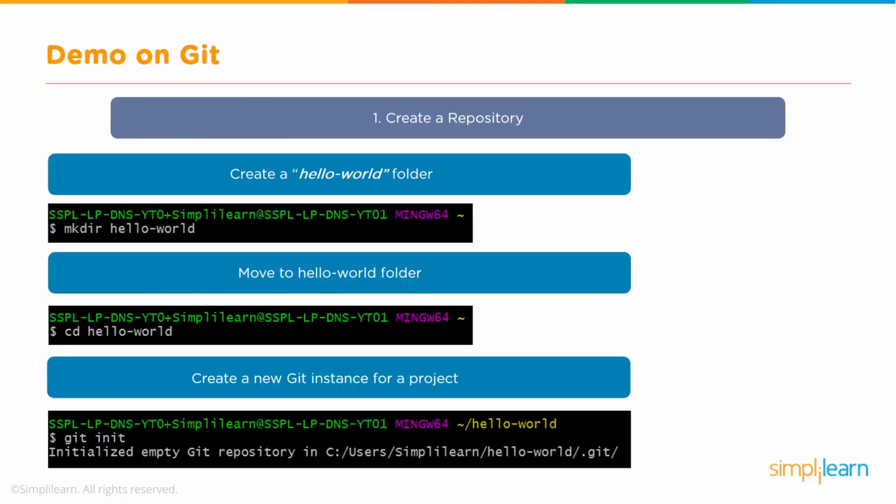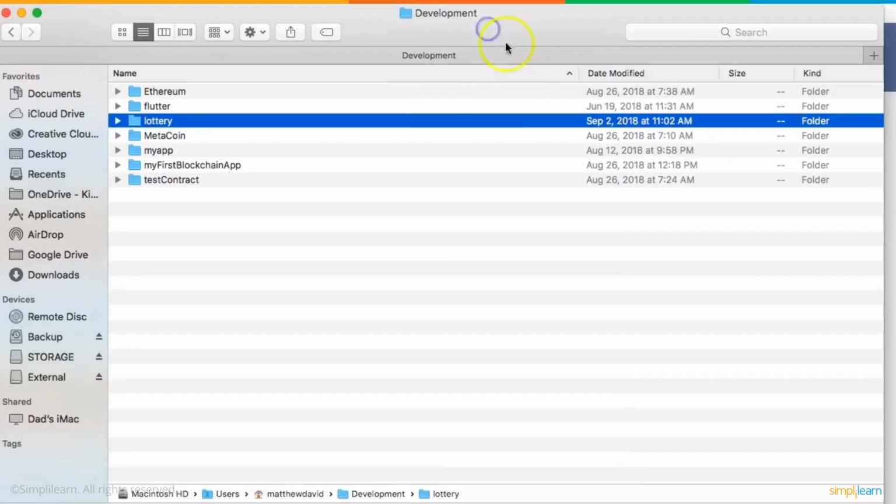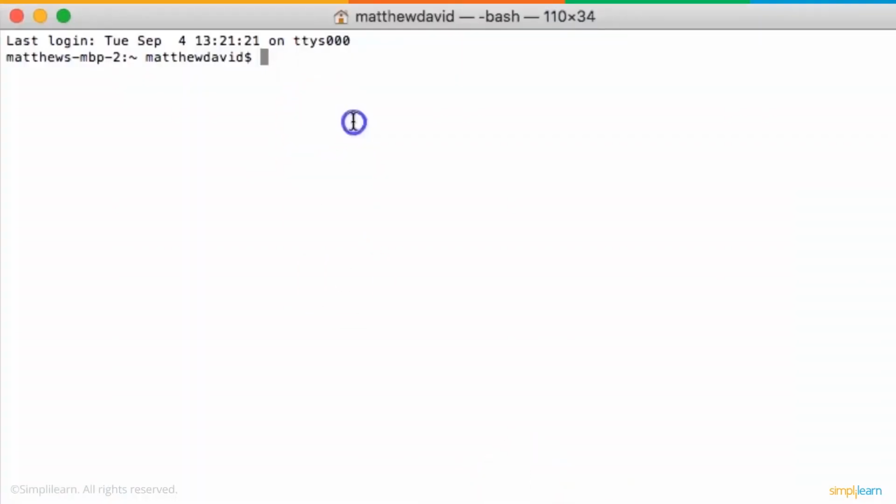So the first thing we want to do is create a local repository. So let's go ahead and do exactly that. The local repository is going to reside in my development folder that I have on my local computer. And for me to be able to do that, I need to create a directory in that folder. So I'm going to go ahead and change directory. I'm actually going to be in that folder before I create the new folder. So I'm going to go ahead and change directory. And now I'm in the development directory. I'm going to go ahead and